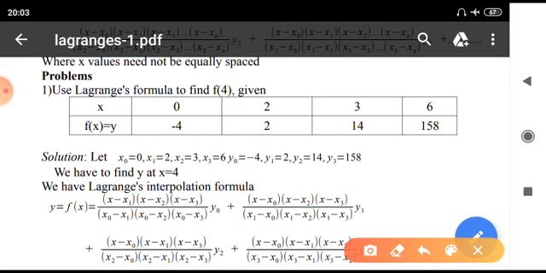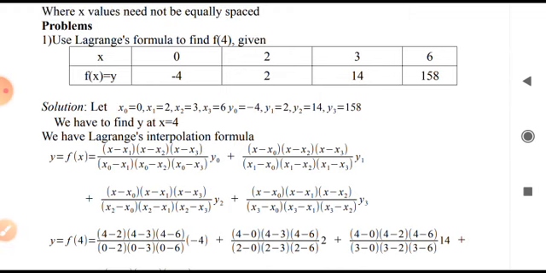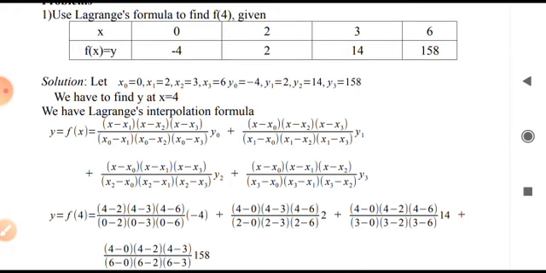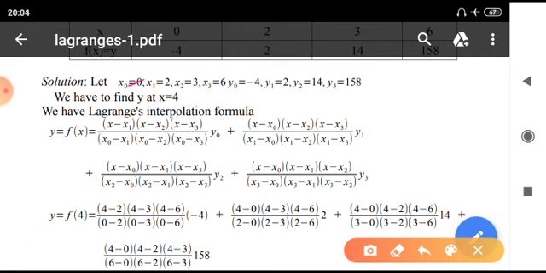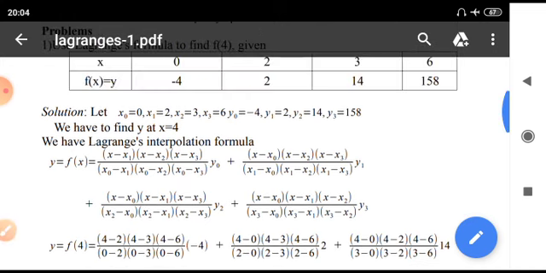Now from the table we can observe x0 value is 0, x1 is 2, x2 is 3, x3 is 6, y0 value is minus 4, y1 value is 2, y2 value is 14, y3 value is 158. Now we have to find the value of y at x equal to 4. So we have Lagrange's interpolation formula, x minus x1 where x is 4, so 4 minus 2, x minus x2, 4 minus 3, x minus x3, 4 minus 6, whole divided by x0 is 0, so it is 0 minus 2, x0 minus x2, 0 minus 3, x0 minus x3, 0 minus 6, multiplied by y0, which is minus 4,